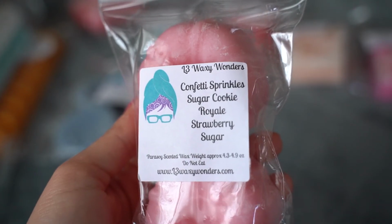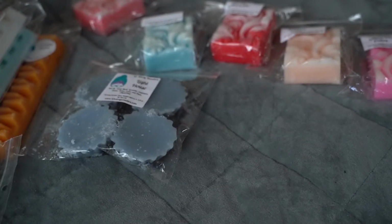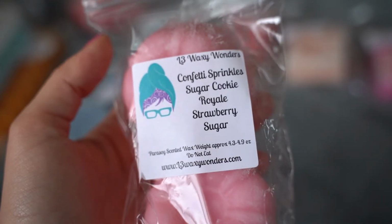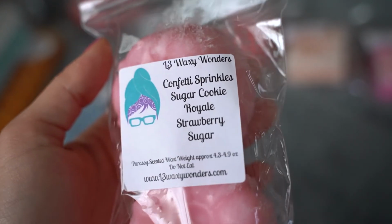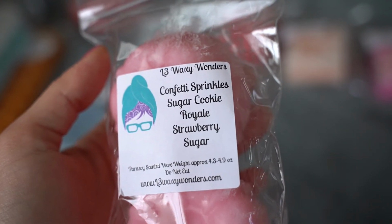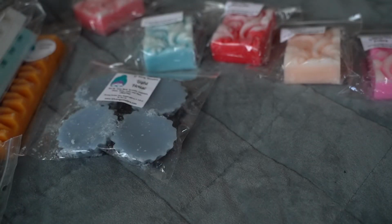I also have confetti sprinkles, sugar cookie royale, and strawberry sugar. And I love sugar cookie royale. This is one of my favorite cookie blends. It's more of that candied, more artificial kind of strawberry scent. That's kind of what's pulling in this. I can definitely smell that sugar cookie royale, which I love. I'm not sure if I'm getting any of the confetti sprinkles, but that strawberry sugar